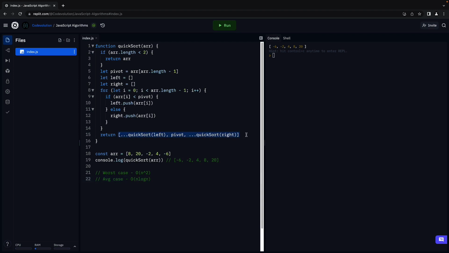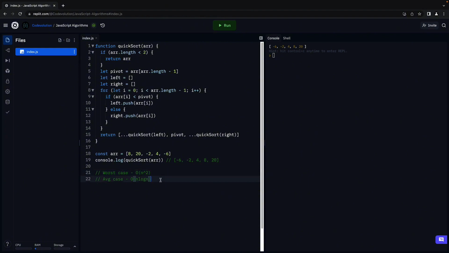Then create two subarrays. Left contains elements smaller than the pivot. Right contains elements greater than or equal to the pivot. Recursively call quicksort on the left and right subarrays. Combine the sorted left, pivot, and sorted right into a new array.